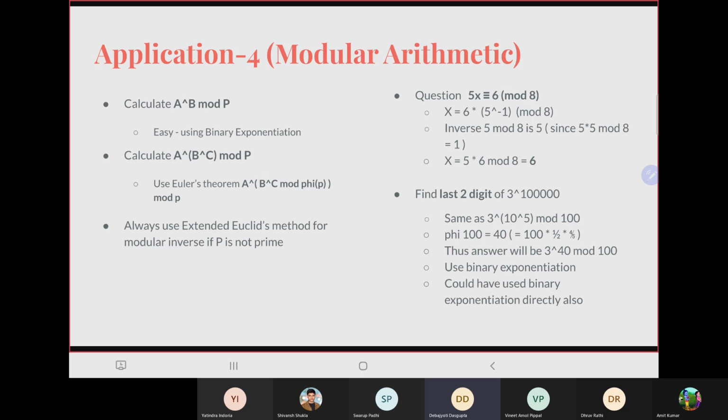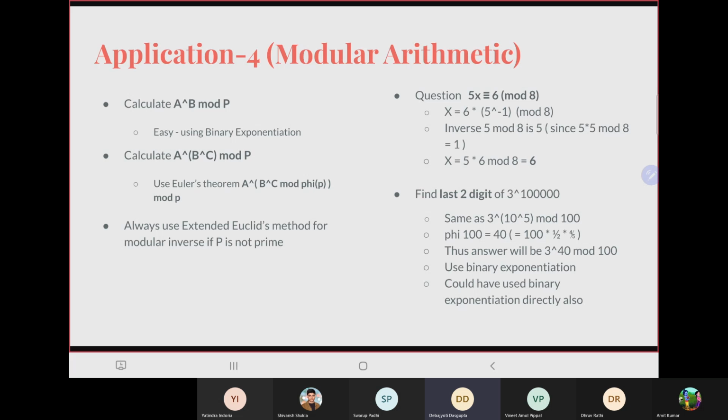So yeah, some questions are on modular arithmetic. Modular arithmetic doesn't have many interesting questions, but like this one, a power b mod p. This is the most common question you will find when you are doing modular arithmetic. So this is simple binary exponentiation. Where will it be implemented? It will mostly be implemented in doing the inverse operation. Otherwise, I don't think it will be used much. That is, a power p minus 2 will give you the inverse mod p,